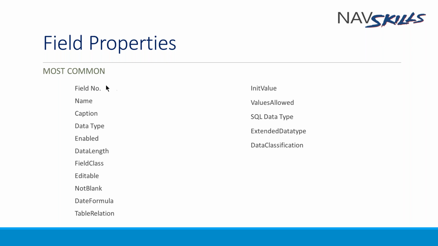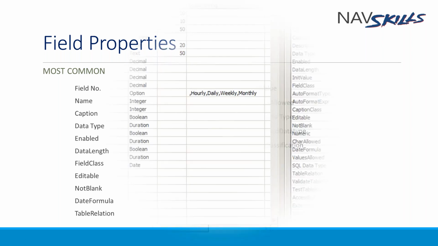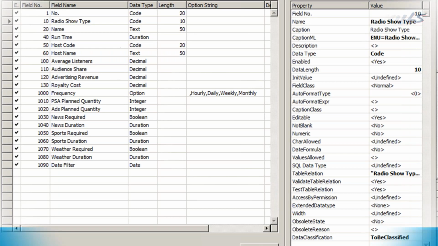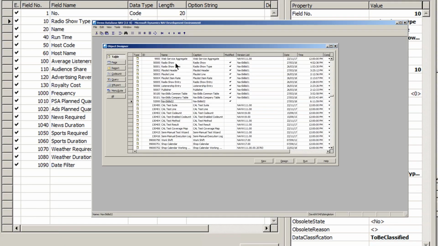So if I look at my list here of the properties, I can get here and I can open this in my developer, and let's start now and go through those